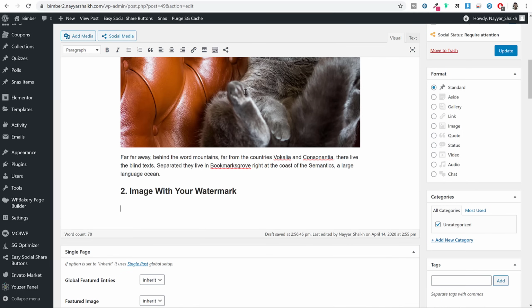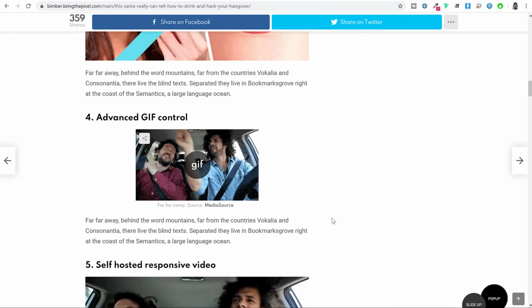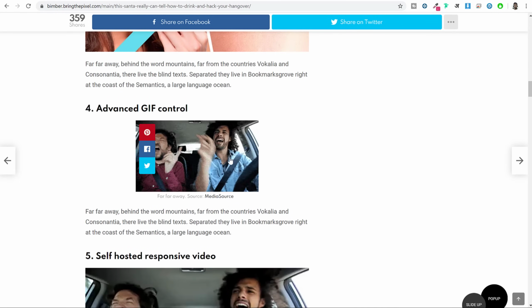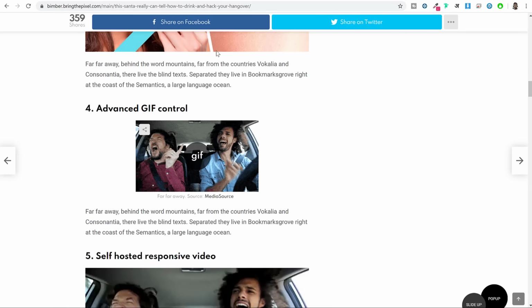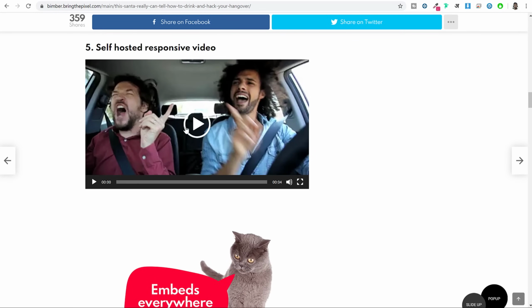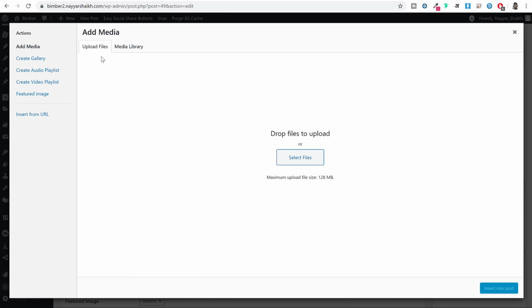And we have seen image, let's see a GIF. Okay, this is image but animated image. So if you want to upload, as you can see, you can upload this thing as well. Let's upload this thing. So again, you can come back over here, click on add media and upload that GIF file. Now, if you want to host a video like this, if you want to upload your own video, similarly,